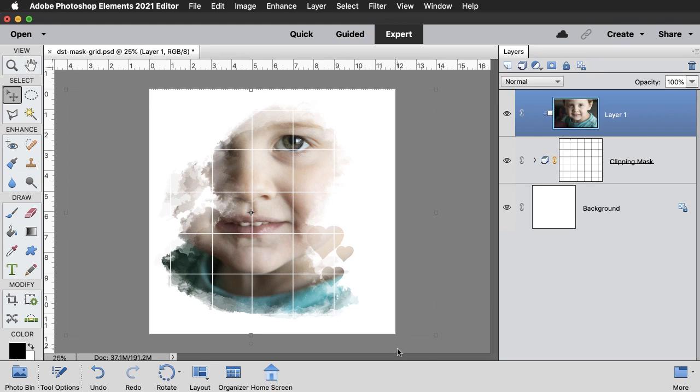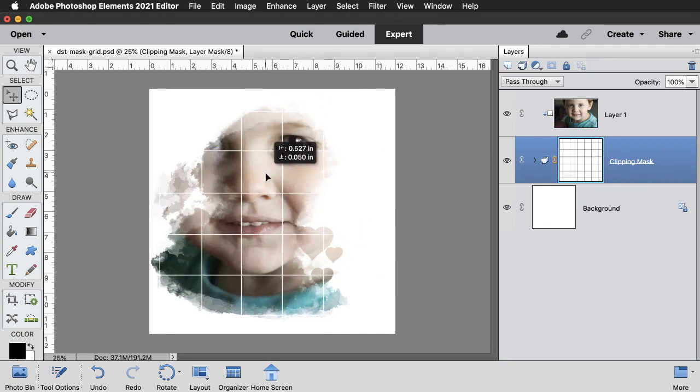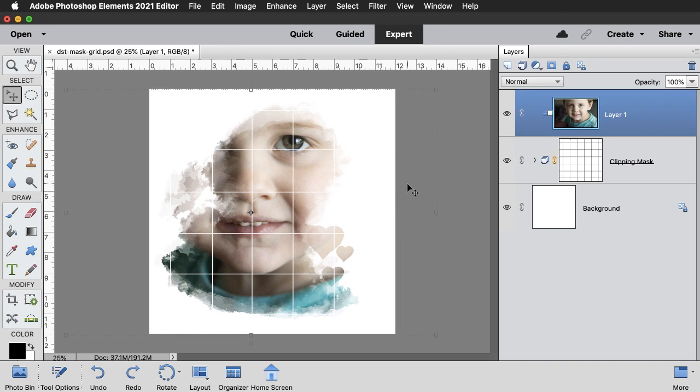Now, it's likely that the layer mask grid would look better on your scrapbook page if it's resized and possibly moved. So here's a trick for doing that. Right now, the layer mask is linked to the group, and you can tell that because here in Elements, there's an orange link icon. So if I were to activate this group, and then using the Move tool, click and drag on the document, the group and the grid is going to move as one unit. I'll undo that because what I want is to move the grid without moving the group.